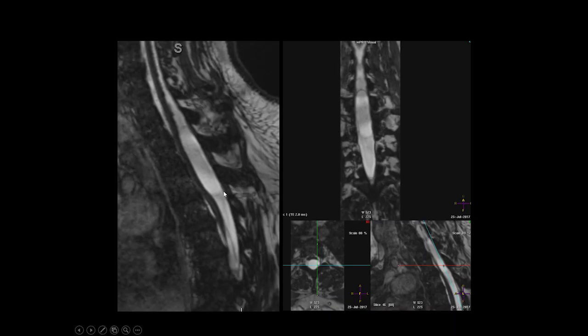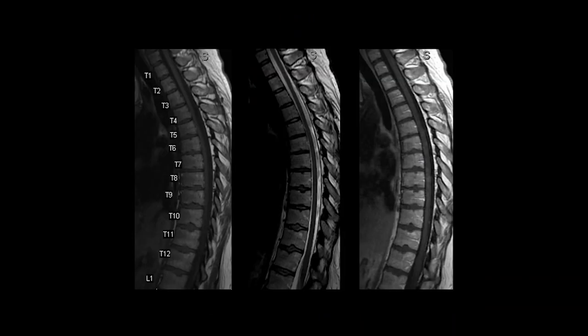Cystic appearing lesion, non-enhancing, shows a thin membrane, no other lesion seen. Diagnosis will be that of an arachnoid cyst,